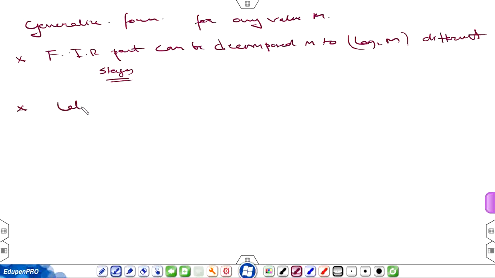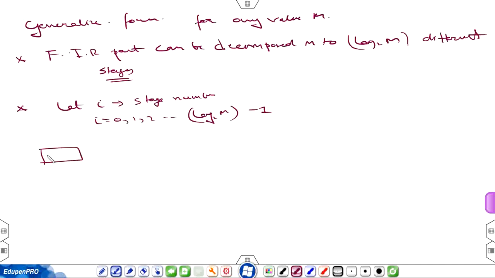So let i be the stage number, so i will be 0, 1, 2 up to log of 2 m minus 1. Okay, so this FIR part will be divided into this number of stages: